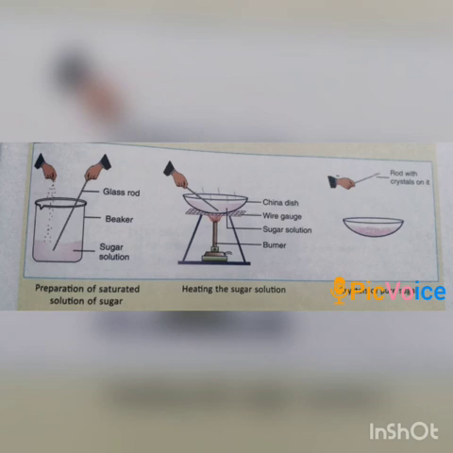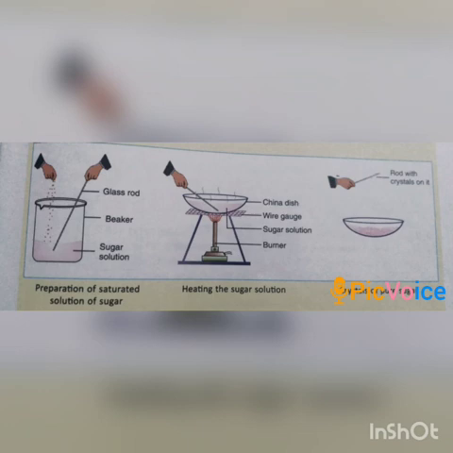Such types of mixtures have two types of components. The first is solids which dissolve in liquid, and the other is solids which do not dissolve in liquid. At first we will learn about the methods of separating solids that dissolve in liquids.